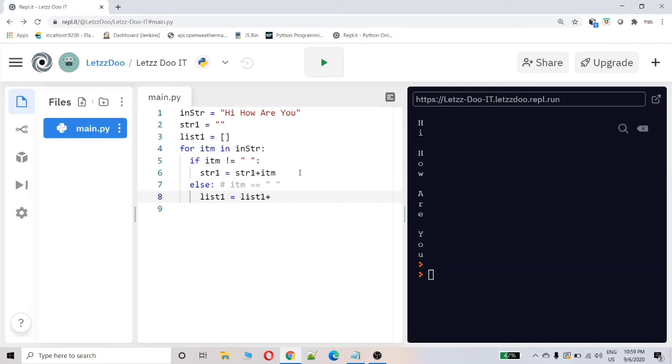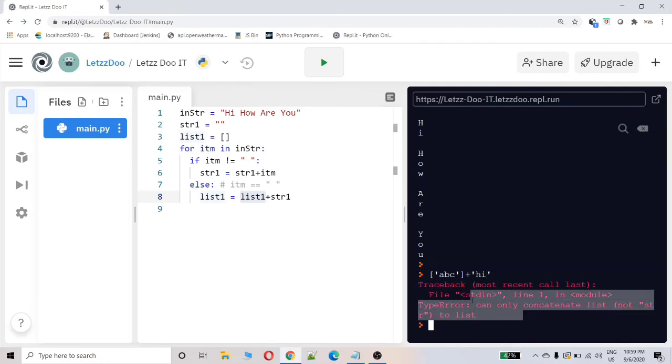list1 plus str1. But one thing you should remember is we cannot add a string to the list. Let's understand what I am saying. ABC. Now I am trying to add a string directly. "hi". You cannot concatenate; can only concatenate list, not string, to the list. We cannot concatenate string to the list. That is what it is saying.